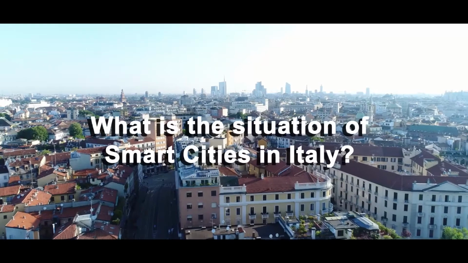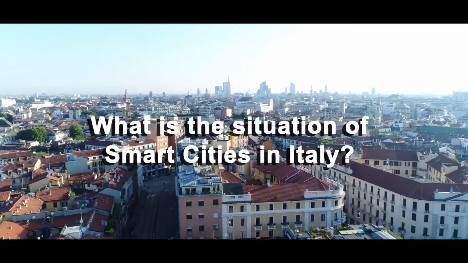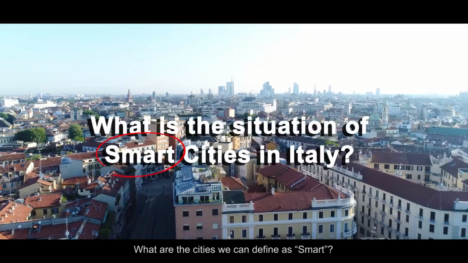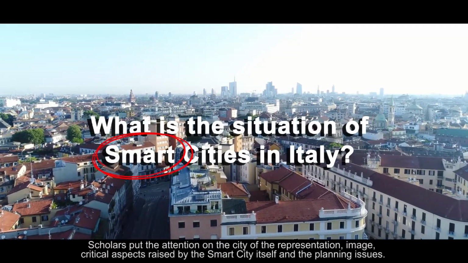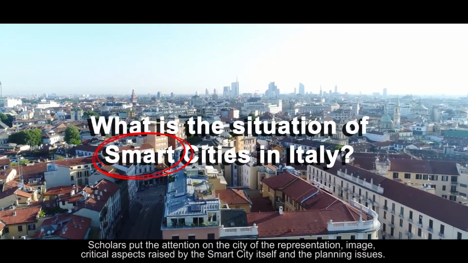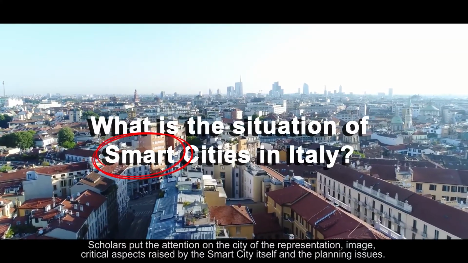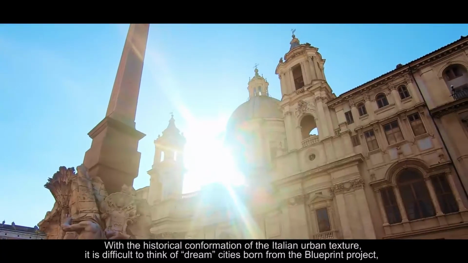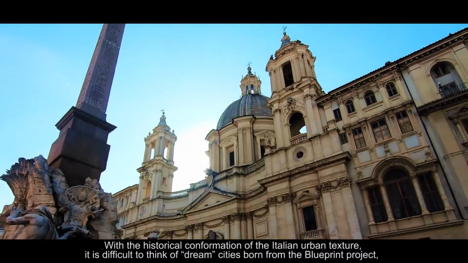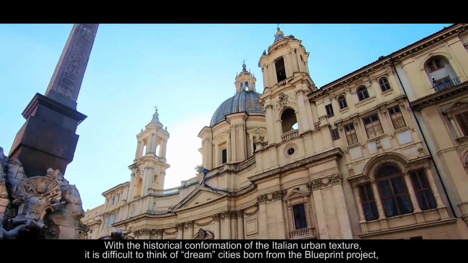What is the situation of smart cities in Italy? What are the cities we can define as smart? Scholars put the attention on the city of the representation, image, critical aspects raised by the smart city itself and the planning issues. With the historical conformation of the Italian urban texture, it is difficult to think of dream cities